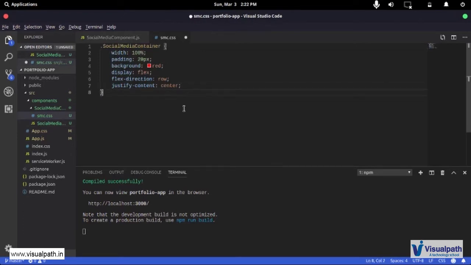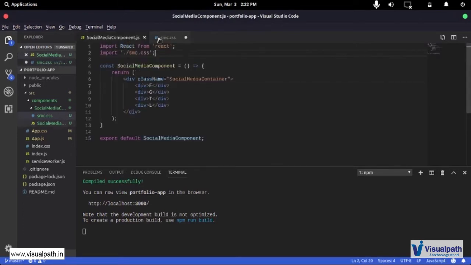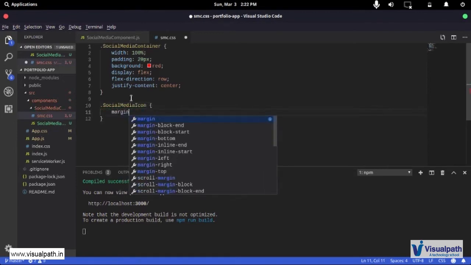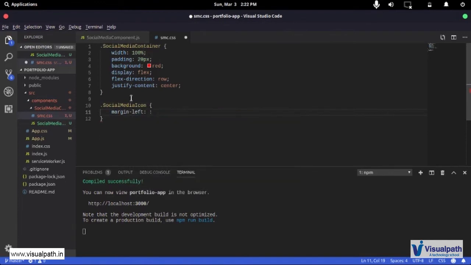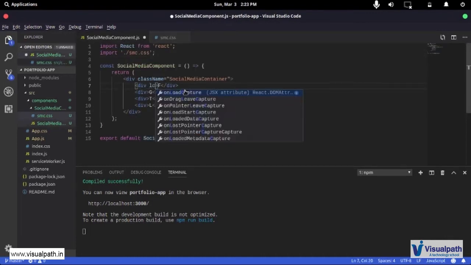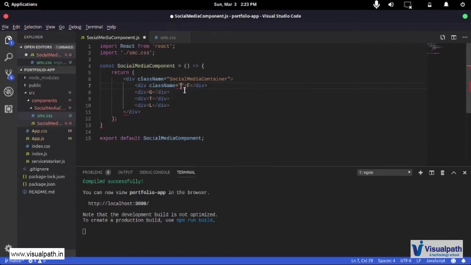Now, if I want to show you a different way, I can create another class for, say, item. So say social media icon, and then I can just have a margin left of 20 pixels, and if I save this and go here, I want this to have a class name of social media item.